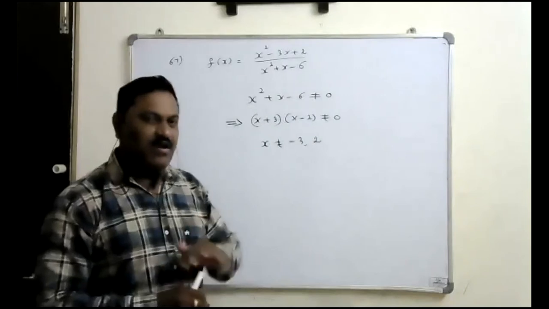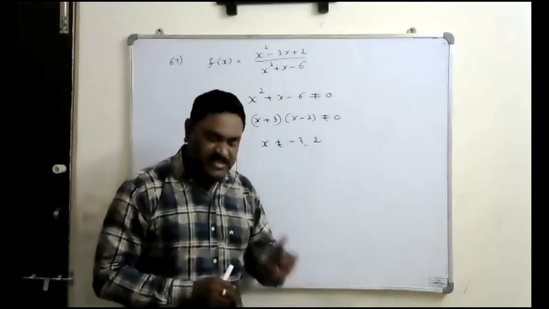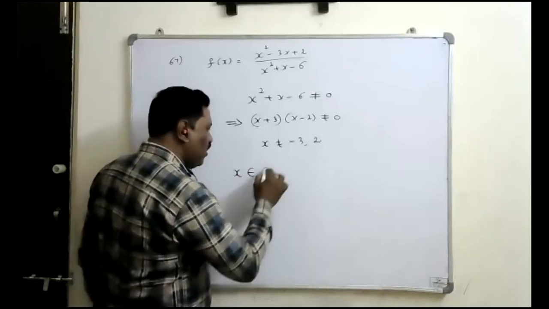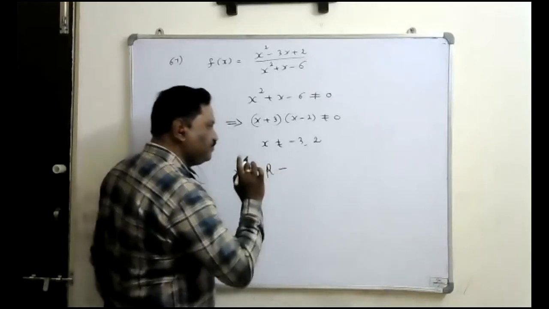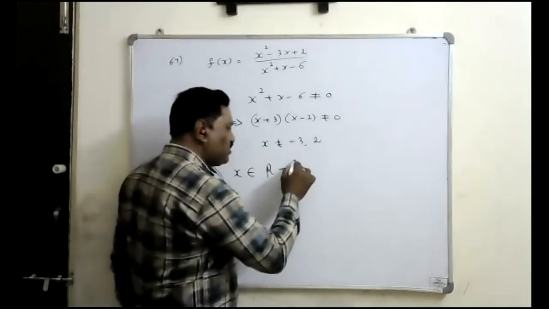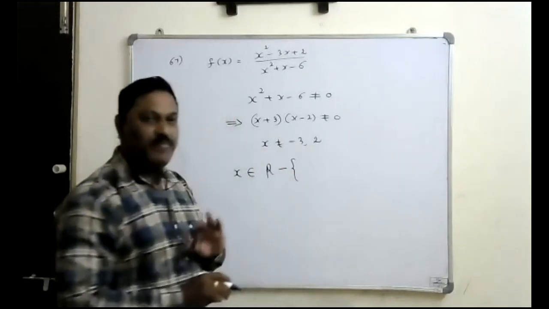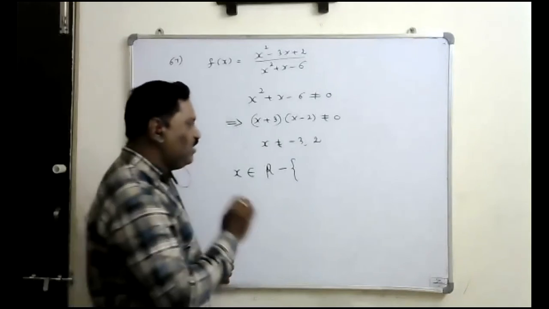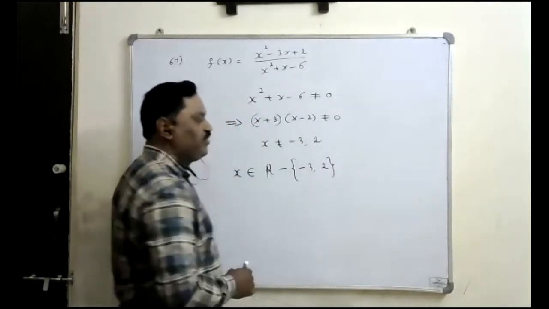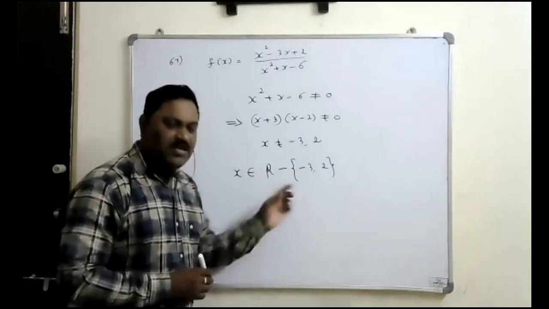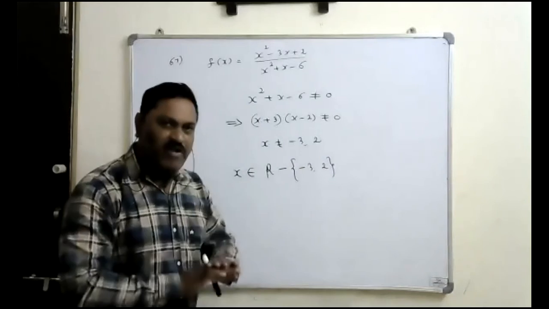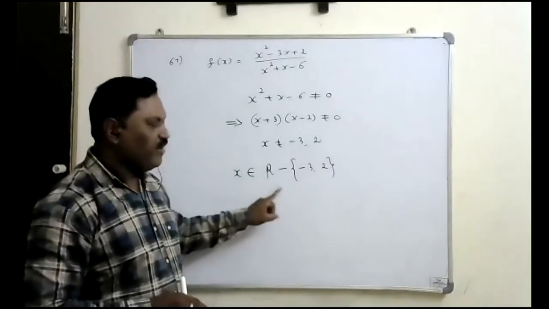Remaining all the values means remaining all the real numbers I can consider except 2 and -3. So you can write like that, x belongs to all the real numbers I can take, but I should not take these two. मतलब ये दोनों वैल्यू R से सेपरेट करो. तो दोनों वैल्यूज के लिए हर बार कर्ली ब्रैकेट यूज करना पड़ेगा, बाकी कोई ब्रैकेट यूज नहीं करना. ओनली कर्ली ब्रैकेट, पहले छोटा रूट बाद में बड़ा रूट, ये ऑर्डर में लिखना चाहिए. So from all the real numbers subtract these two values, remaining all the values we can consider. This will be the domain of that.